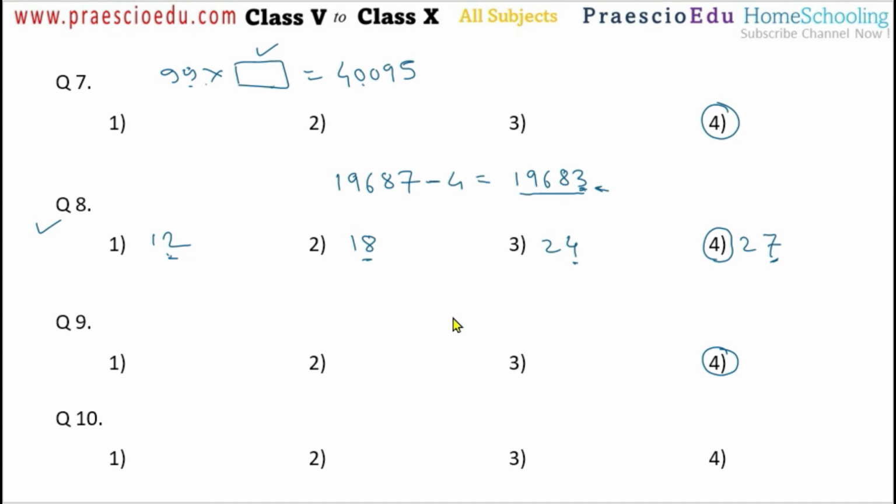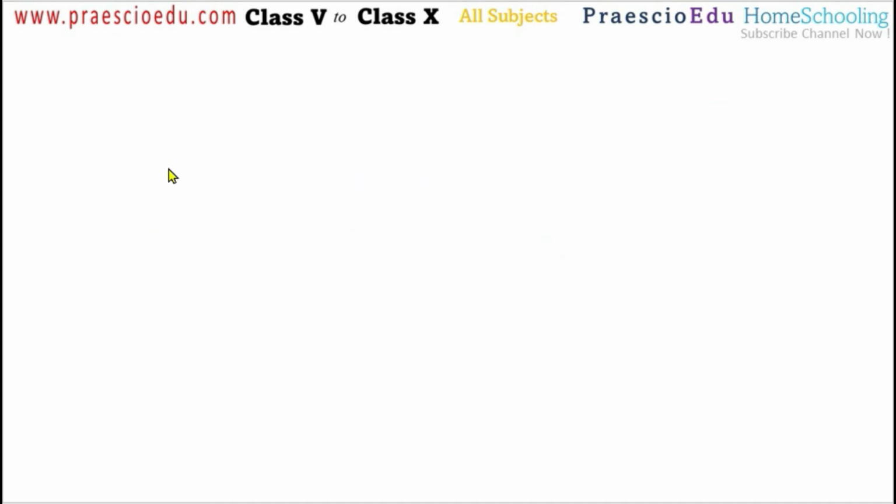Question number 10. Mangala Kaku purchased 6016 saplings of lemon. She planted 47 saplings in each row. How many rows will be formed of these saplings? The total number of saplings is 6016, and she planted 47 saplings in each row, so we will divide the total by 47. In one row there are 47, and we have to find out how many rows. So the quotient will tell us that many rows, after dividing the total by the number in one row.